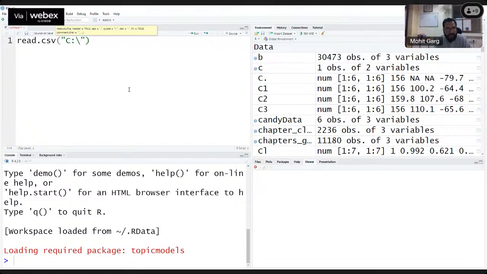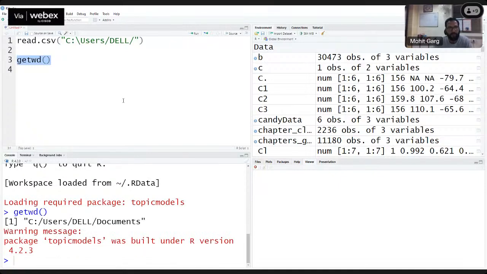Okay, so if you use this slash, like say for example this, then also whenever you are importing the data from a path, say for example your current directory is not where the data is. So my current directory is documents, but my data is in the downloads or maybe another folder. Okay, so if you are not fetching the data from that particular directory, and you're mentioning the whole path downloads,